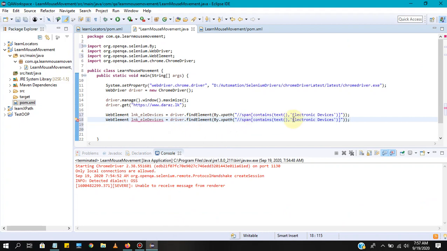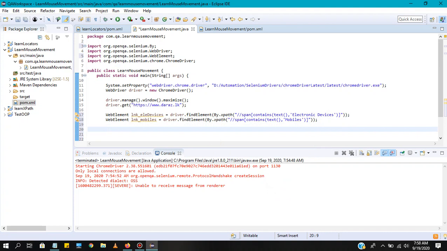You just need to replace this electronic devices with this mobiles. Let me change the name here as well, link mobiles. So now we captured those two elements, right?